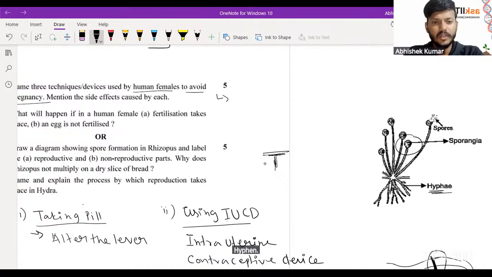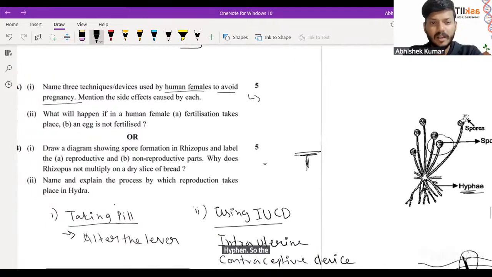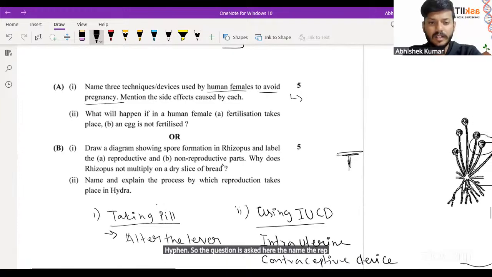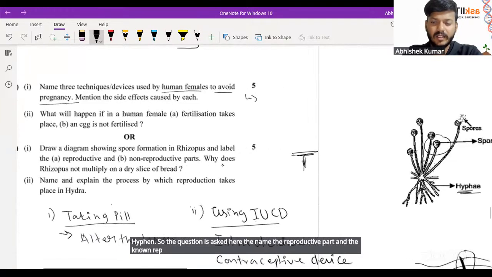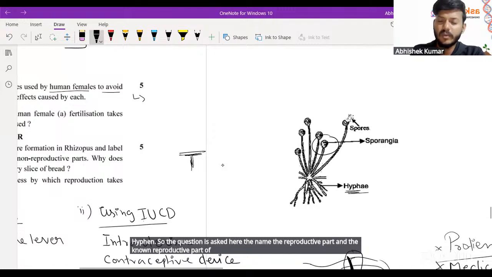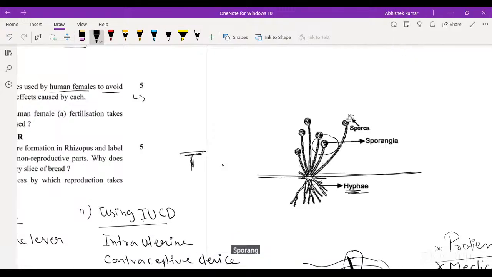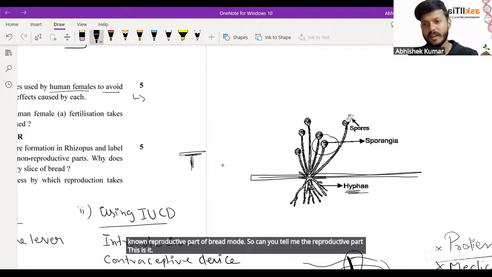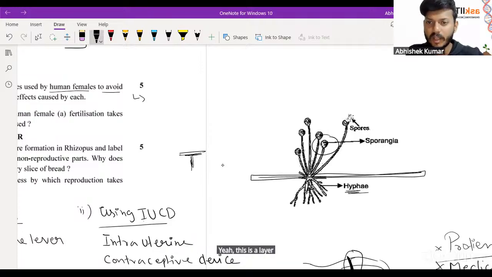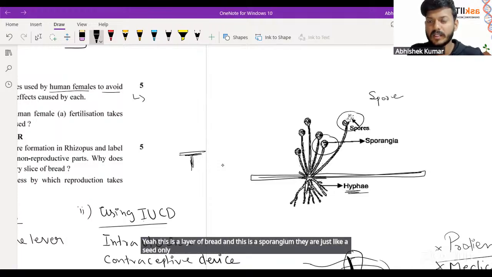So the question asked here is: name the reproductive part and the non-reproductive part of bread mold. So can you tell me the reproductive part? Sporangia. This is a layer of bread, and this is a sporangium. They are just like a seed only, spores. So this sporangium bursts, and these spores come out, and wherever these spores will fall, a new